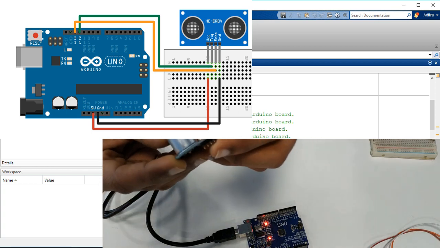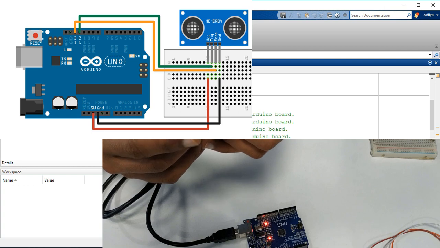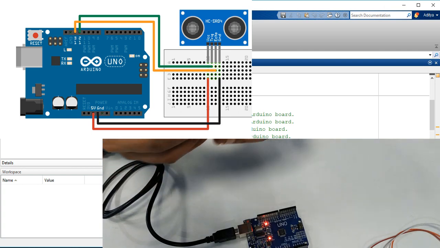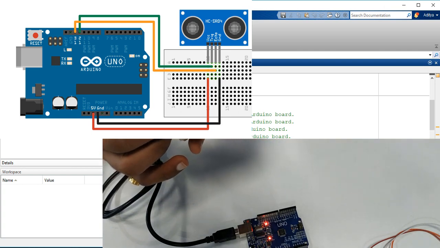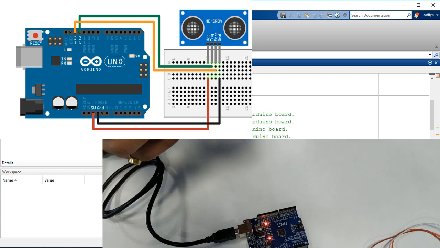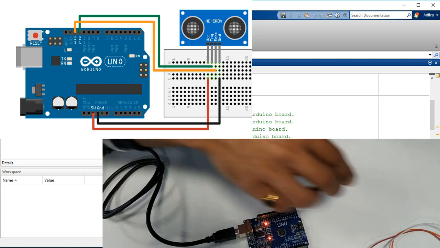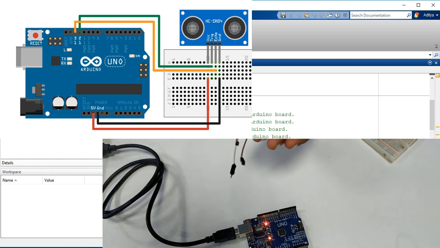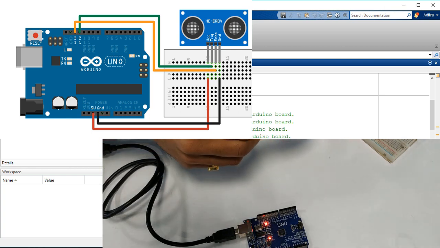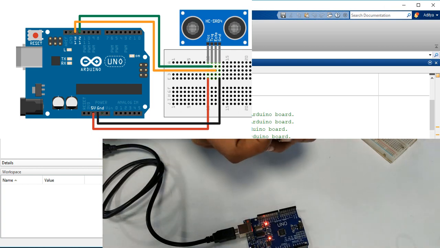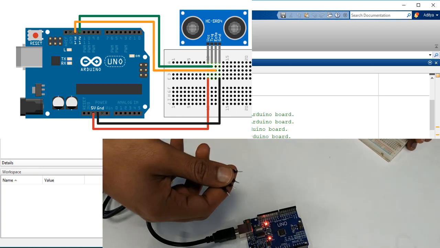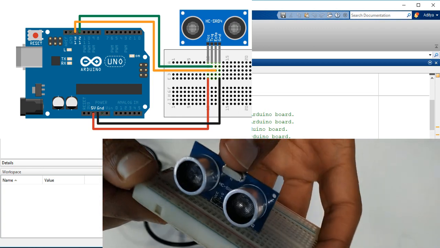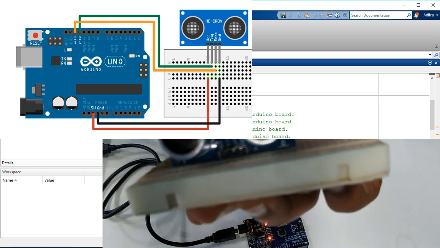So what I'll do is I'll put this 4-pin ultrasonic sensor into the breadboard. It fits into the breadboard, and I'll just take 4 jumper wires, which are male to male jumper wires. I'll also require one more extra wire, so I'll be requiring 4 wires. I'm just replacing it with a set of 4 wires. Now next what we'll be doing is the trigger part. The first pin is the VCC pin, the second pin is the trigger pin. So I'll fit the